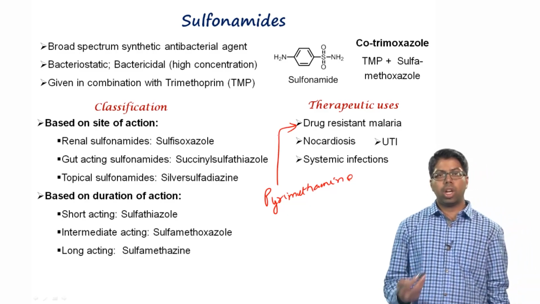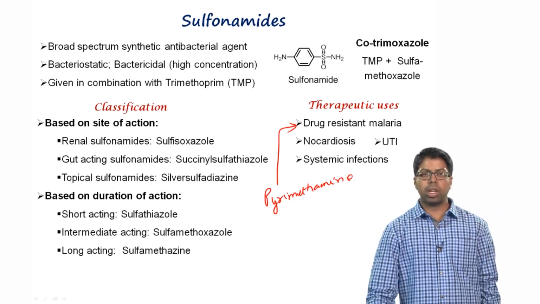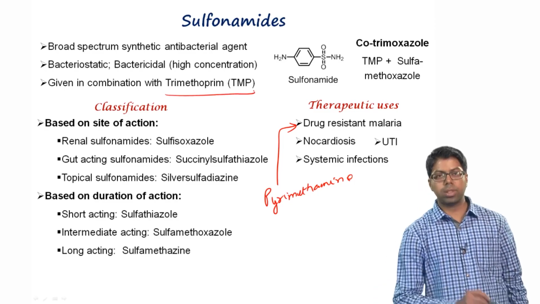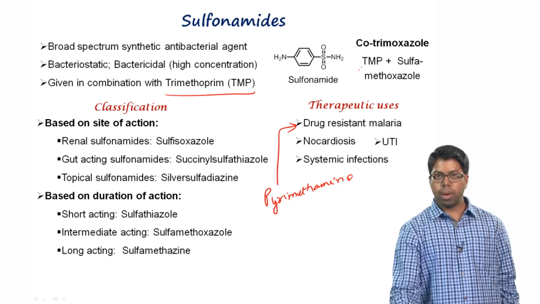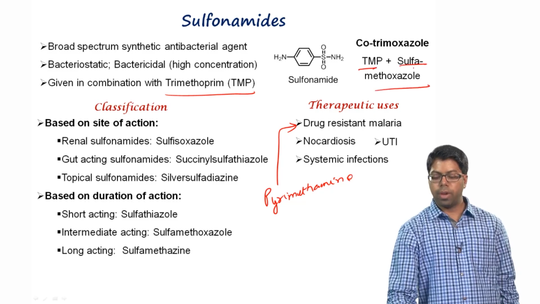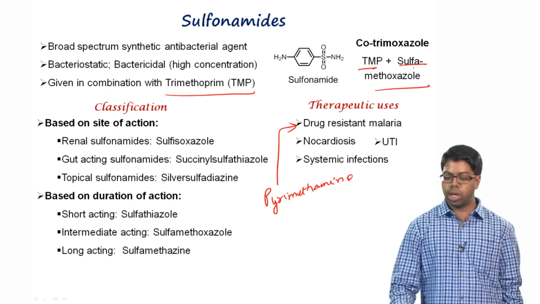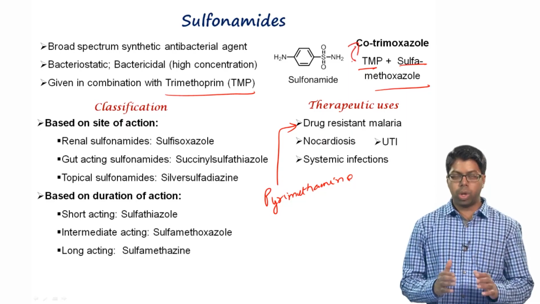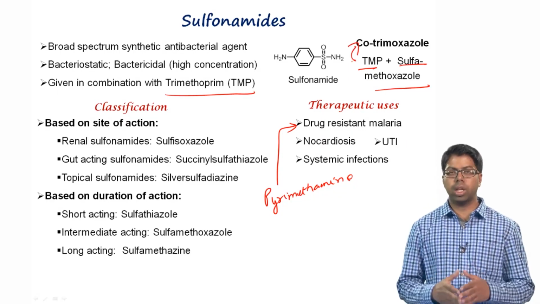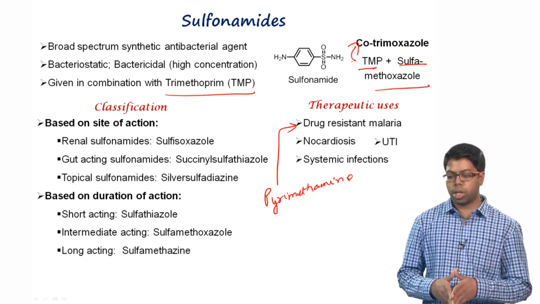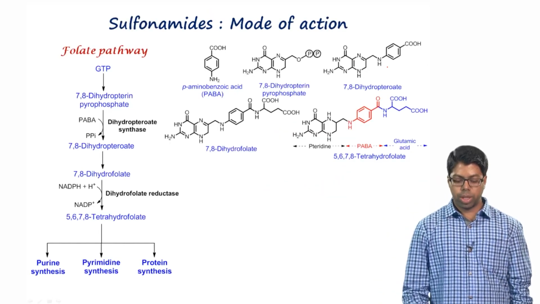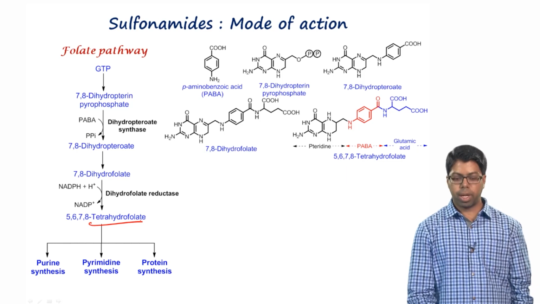malaria. They are also good against many bacterial infections when they are given in combination with another folate biosynthetic inhibitor called trimethoprim. The combination of trimethoprim and sulfamethoxazole, which is one of the widely prescribed sulfonamides, is called cotrimoxazole. Therefore, sulfonamides are not given alone, they are always given in combination with another folate biosynthetic pathway inhibitor called trimethoprim. Sulfonamides inhibit the pathway which bacteria use to synthesize tetrahydrofolate, which is a metabolically active